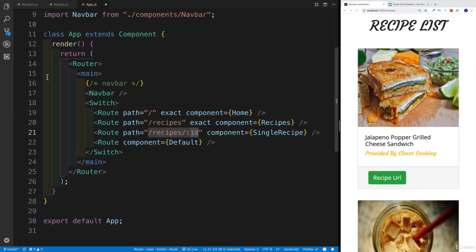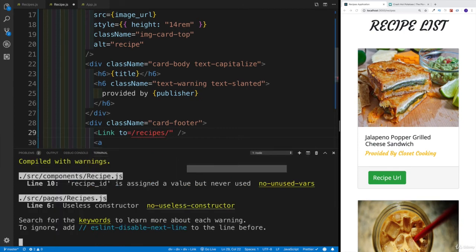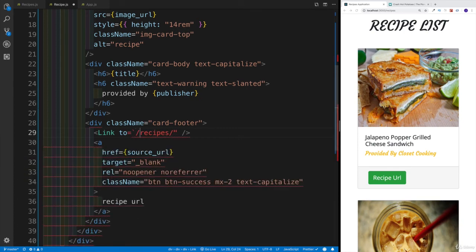Let's close the sidebar on the left-hand side. We know that we're going to have a to attribute, something along the lines of recipes, and then some kind of ID. And the way this is going to work, we're going to have Link to, then we're going to write recipes, then a slash, and now I'd like to make this a template literal. So let's write template literal, and then we obviously need to place this in the actual curly braces. So I'm going to place it in curly braces. And now since I have the template literal, I can use the variable. And in this case, I'm going to say recipe